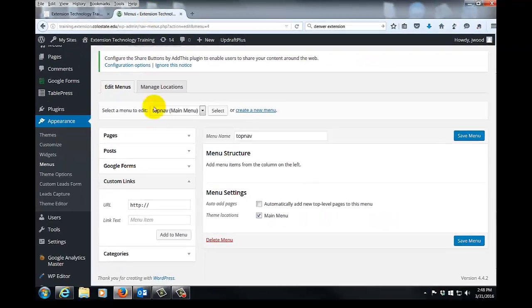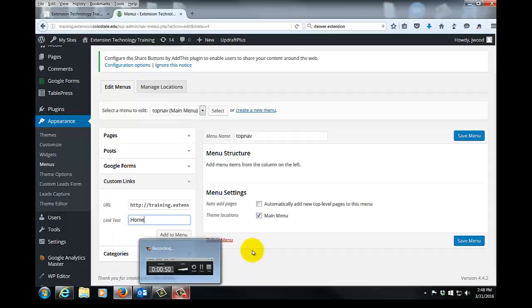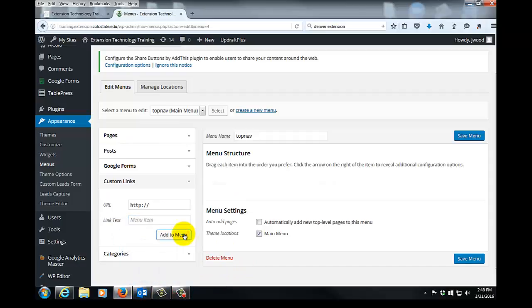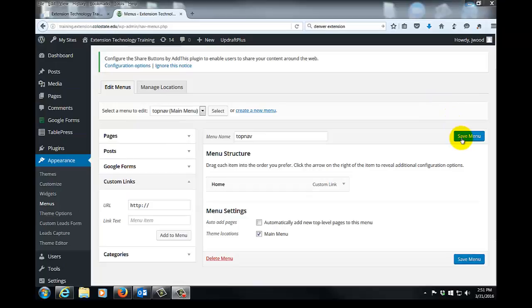I'll go back to my menu item under Custom Links, and I'll paste in the URL for the main website, the home page of our website, and then under Link Text, I'll type in Home. And then I'll click Add to Menu, and we have our first menu item, Home or Custom Link. I'll then click Save Menu,